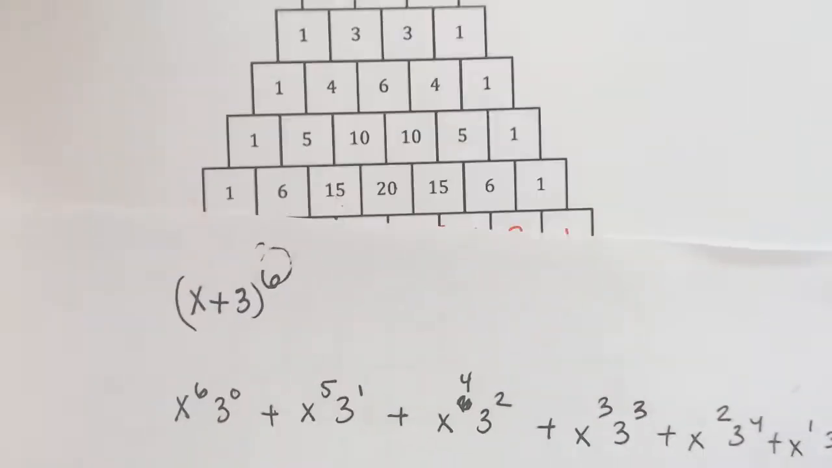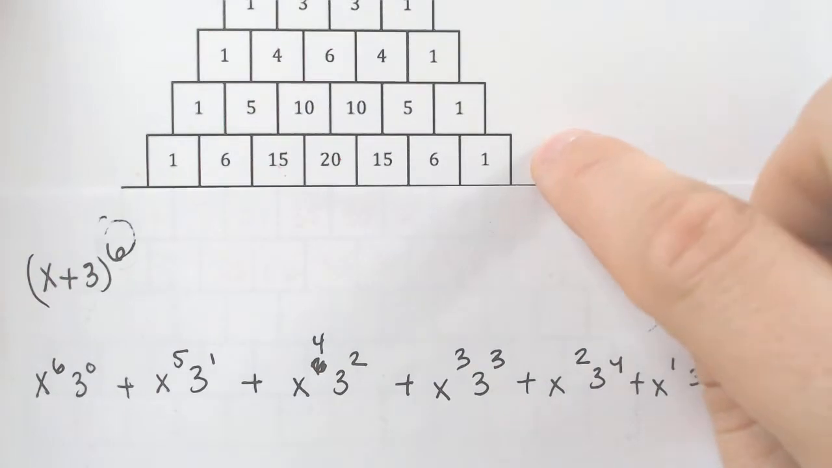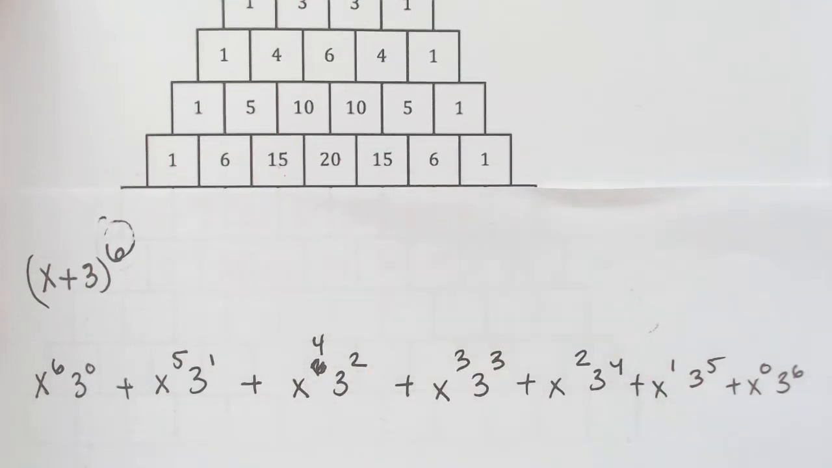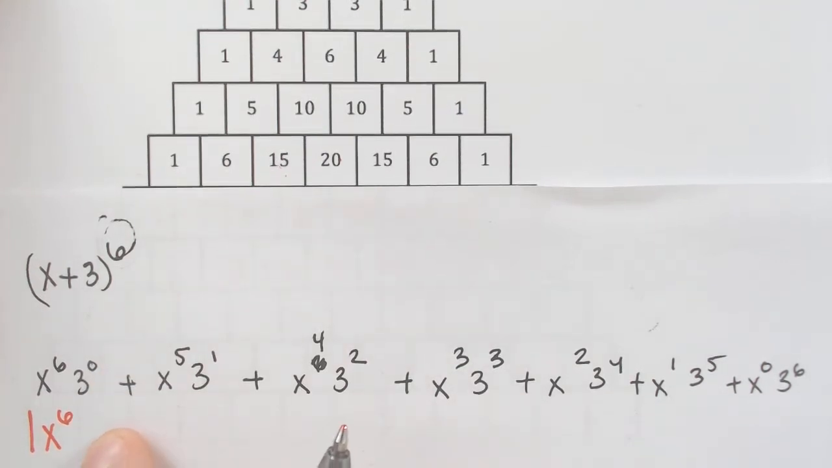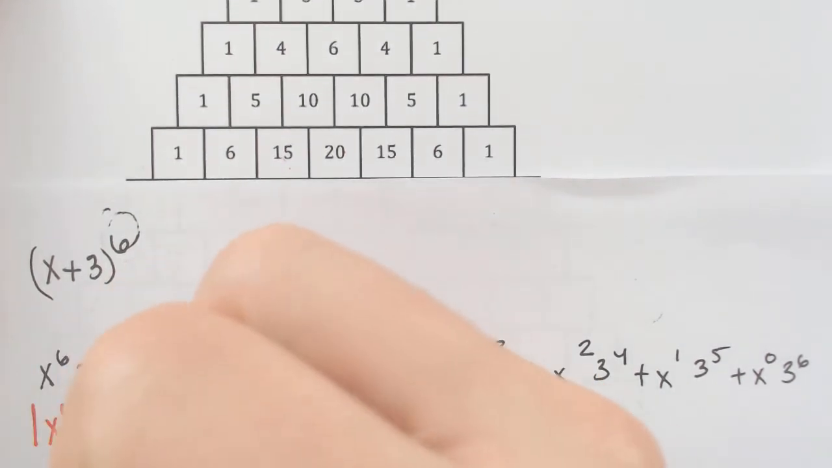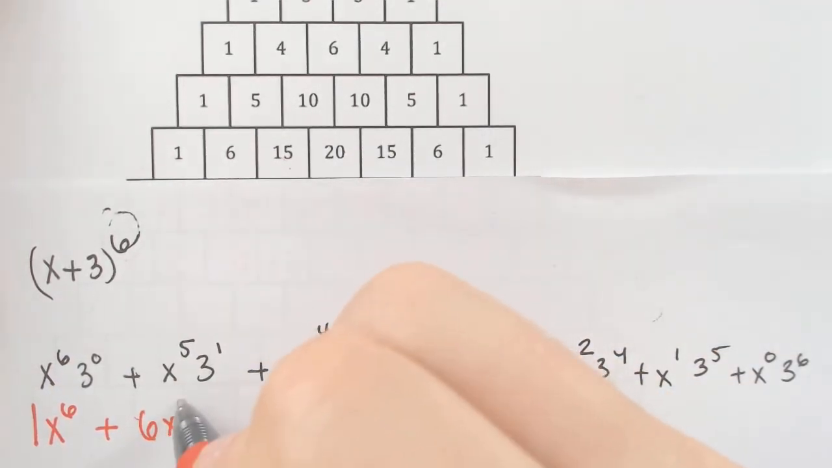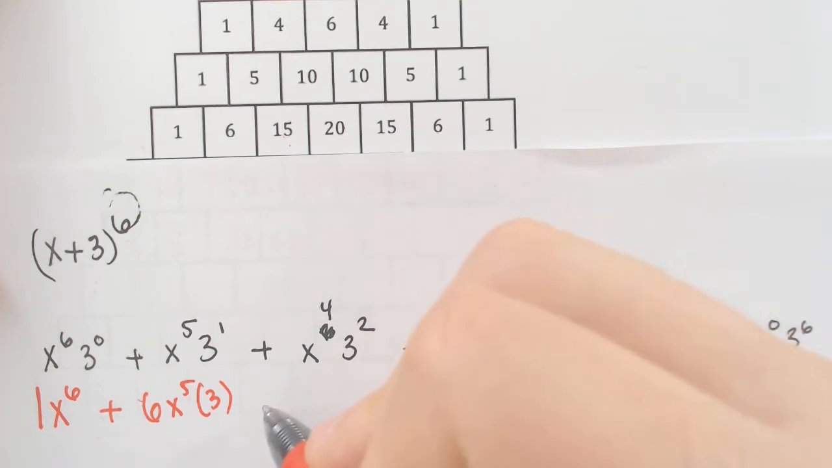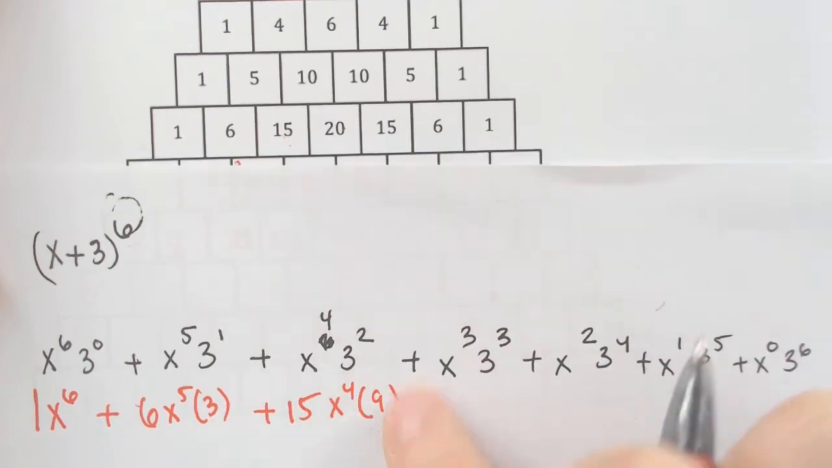If we wanted it to be the 6th power, then we need to look at Pascal's triangle to get the 6th line down, which would be this line right here. So when I do my next step, I'm going to utilize the 1, 6, 15, 20, and all that, okay? So it is going to be a 1 x to the 6th. 3 to the 0 is just 1, so it's 1x to the 6th. Plus 6 x to the 5th times 3, plus 15 x to the 4th times 9, because 3 squared is 9,